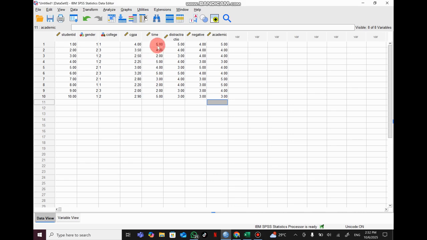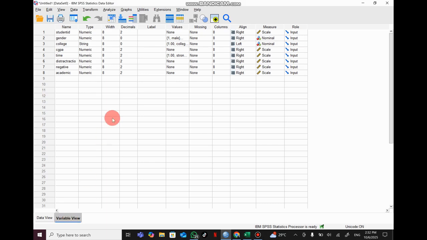Here you can see there are 2 decimal points. You can change it from here. For student ID, maybe you want 0 decimal points.